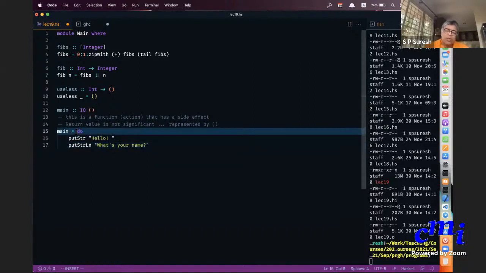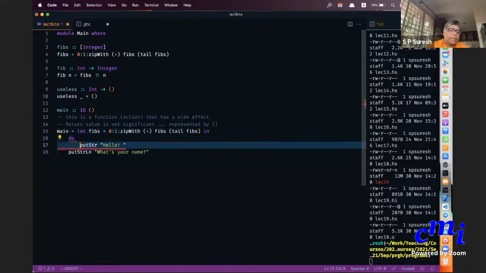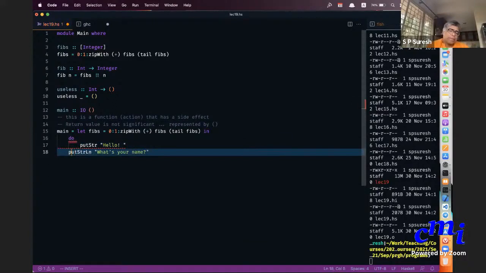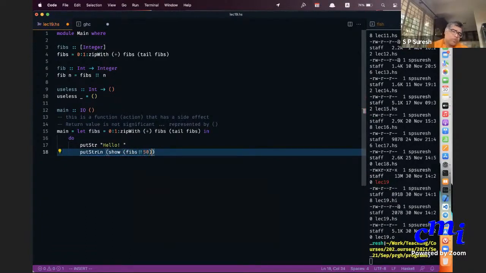Main equals let fibs equal ... in, and then I say do. Yeah, I can do this.